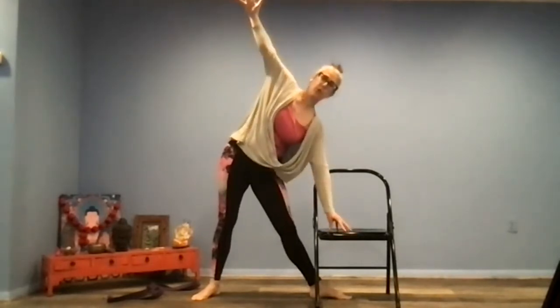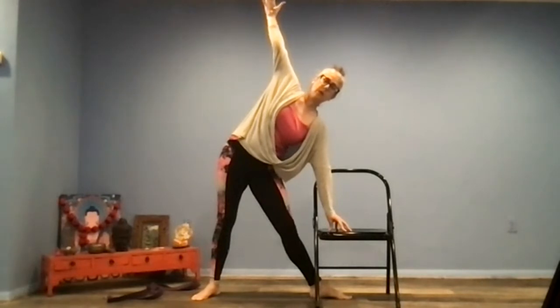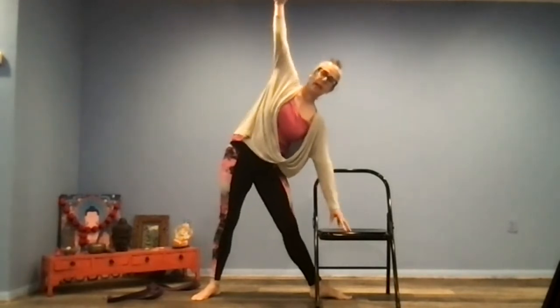So you could even, if you're not ready to put your palm on the chair, put your fingertips on the chair. You can always stay up higher. Now lift up through your left arm. Let that lift you out of the shape. And then